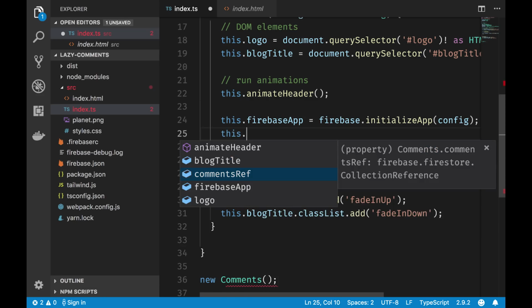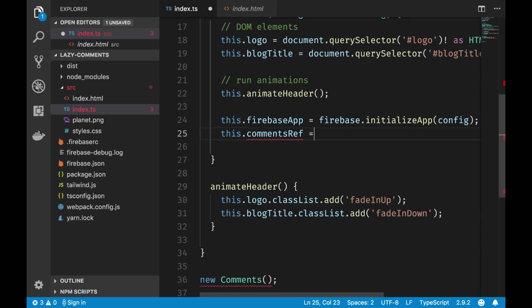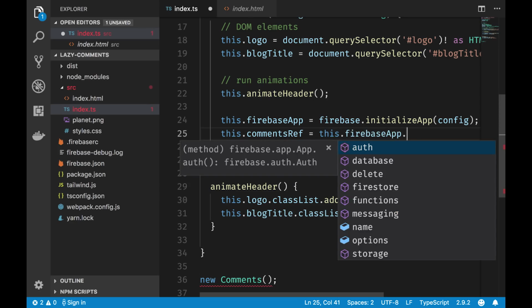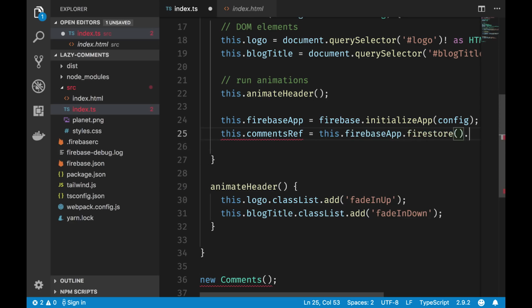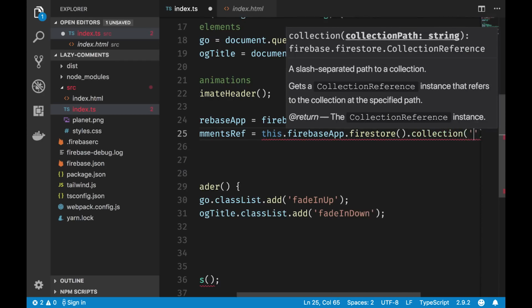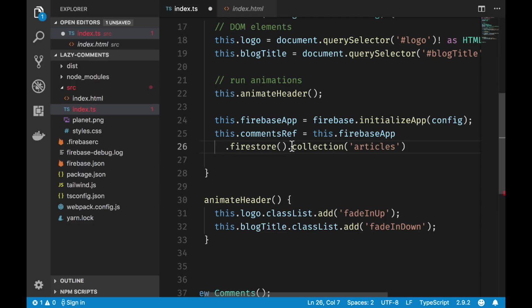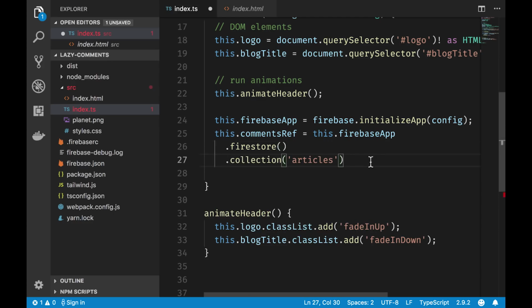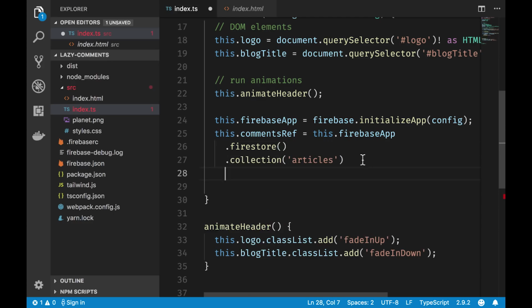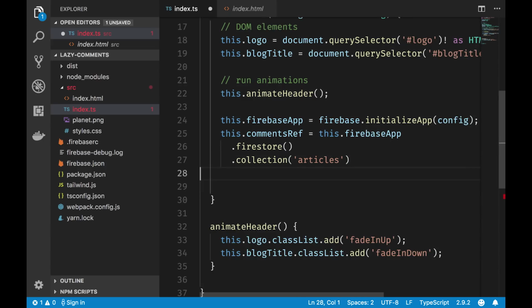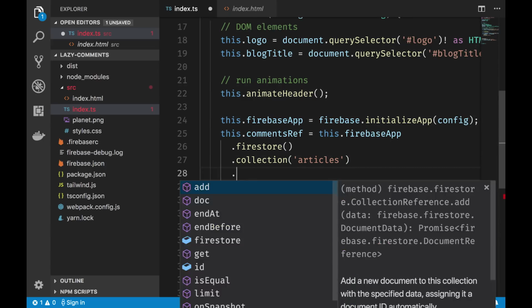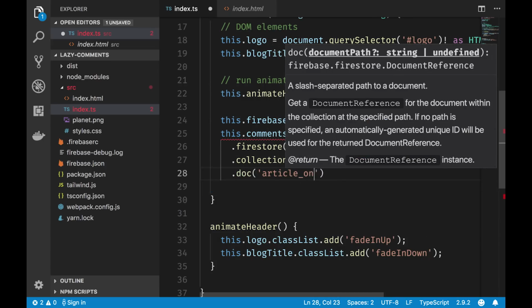So I'm going to do that now. I'll say this.commentsRef is this.firebase app.firestore.collection of articles. And let me put this on a separate line so it's easier to read. So .collection of articles. Actually, instead of saying .collection of articles, well, I guess you could do it two ways. You could say .collection of articles, .doc of article 1,